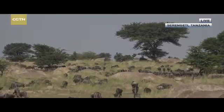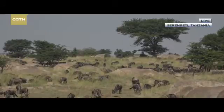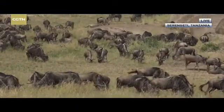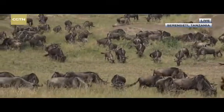Unique to this area. It doesn't look anything like the Mara. As you can see, the Mara is more those big open grasslands, but this area you get these beautiful kind of acacia woodlands with these rocks, and the wildebeest in amongst them makes for a very pretty scene, and it's beautiful just to stop and listen to the wildebeest and watch as they go meandering their way down towards the